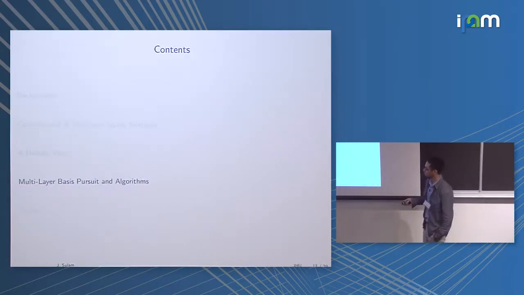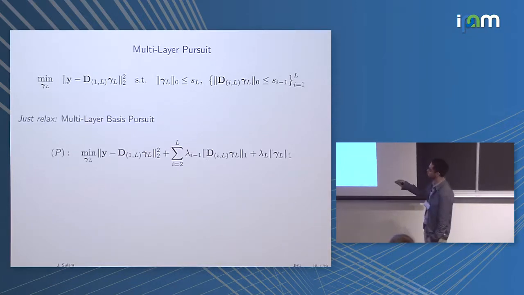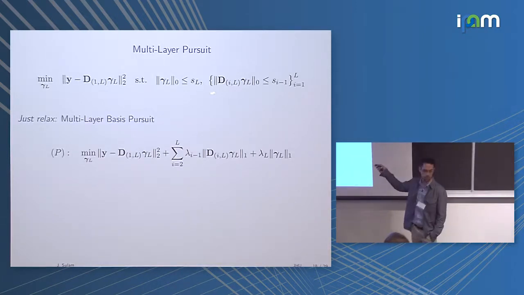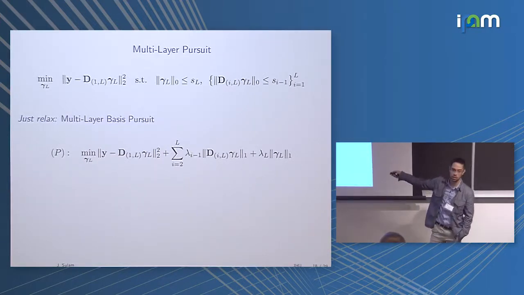Okay, so this is cool, but then it seems that we are getting further from convolutional neural networks. So how do you go back to actual algorithms? We are left with a nice analytical problem, but it seems cumbersome because we have these nested L0 constraints, and some of them are synthesis, some of them are analysis. So what we're going to do is something very natural, which is just relaxing all these L0 norms to L1s. So we have the L1 on the last layer and an L1 on all the intermediate ones.